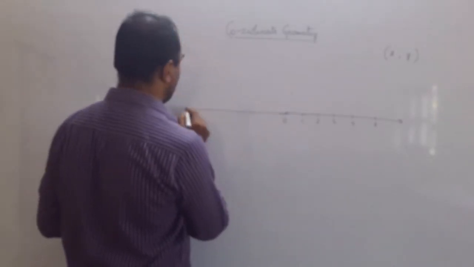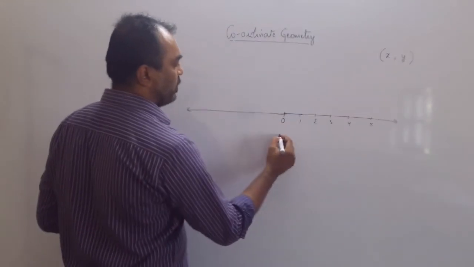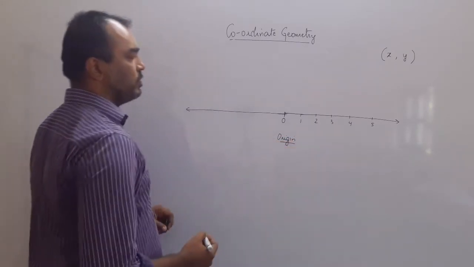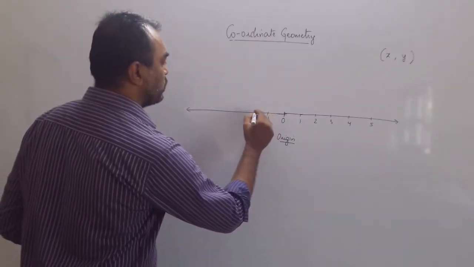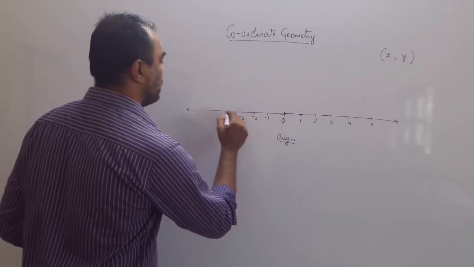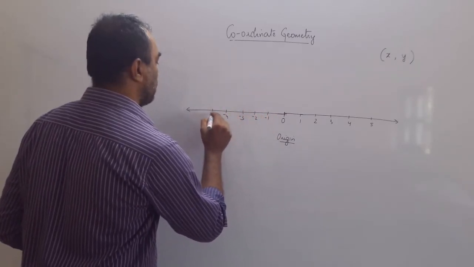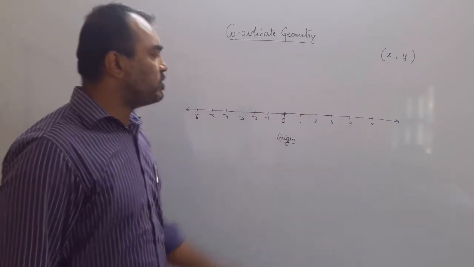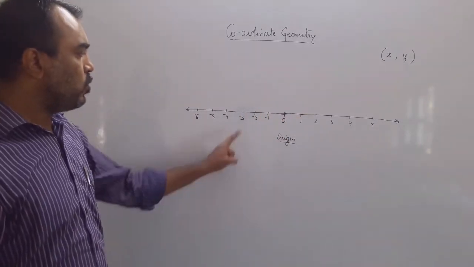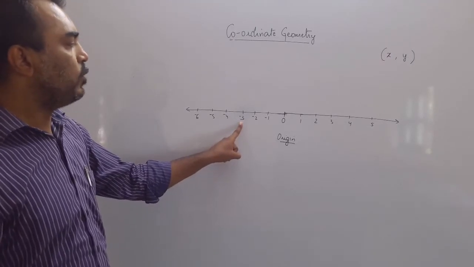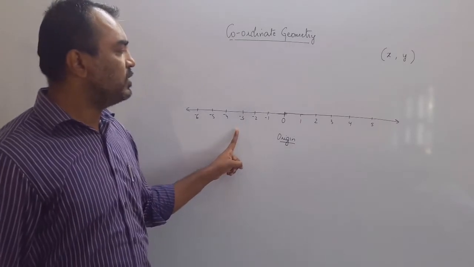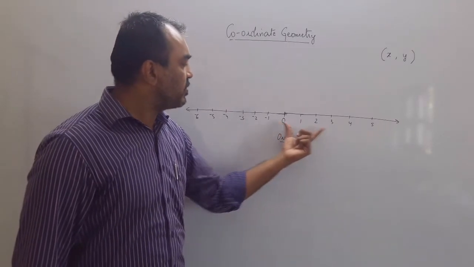the 0 is our origin point, a point of reference, and we call it the origin. So, here we have got -1, -2, -3, -4, -5 and so on. Now, what can you observe on this number line? What is -3? How does it come? So, you can see this 3 and this -3. They are at the same distance.